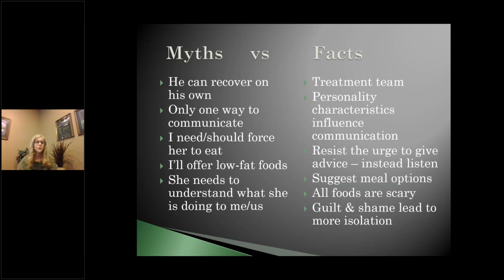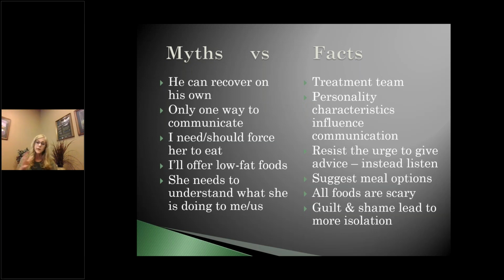You've got to resist that urge to give advice. You're the caregivers. You want to jump in. You want to fix and tell your story, perhaps, or something along these lines. We want our caregivers to understand this isn't the best approach, especially with this population of eating disorders, because their tendency is to pull away, move away, isolate. Remember, they've already done that. In order to move them back in, we need to just be able to listen to their stories, and their concerns and their worries.